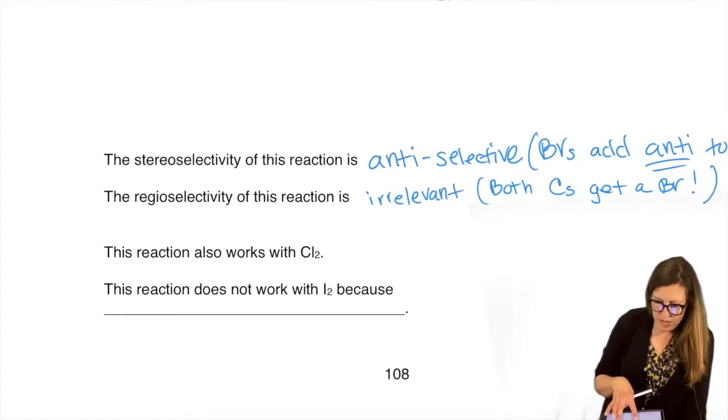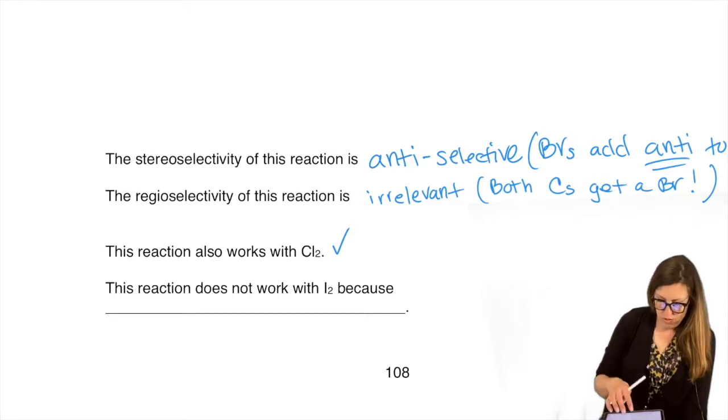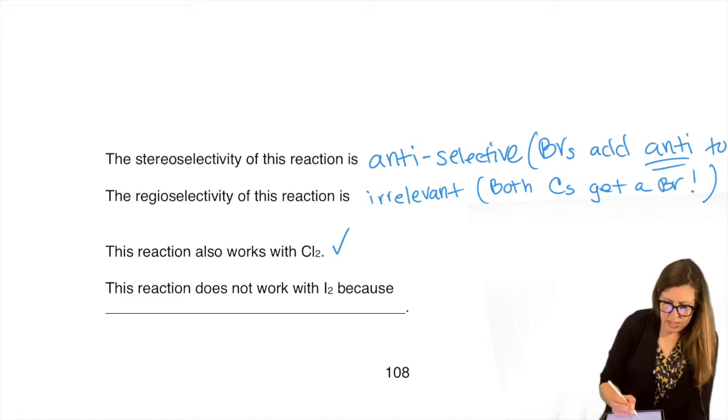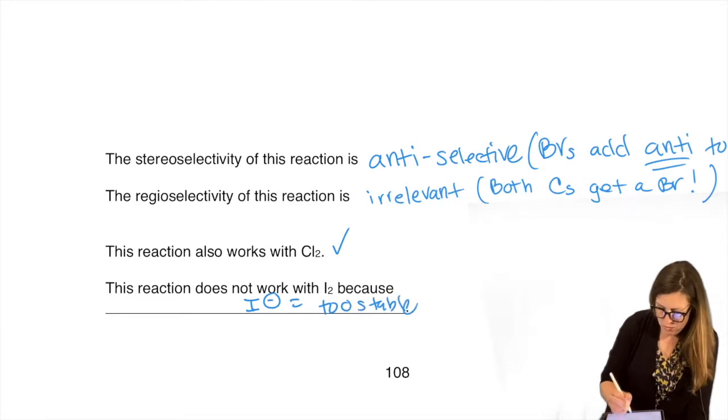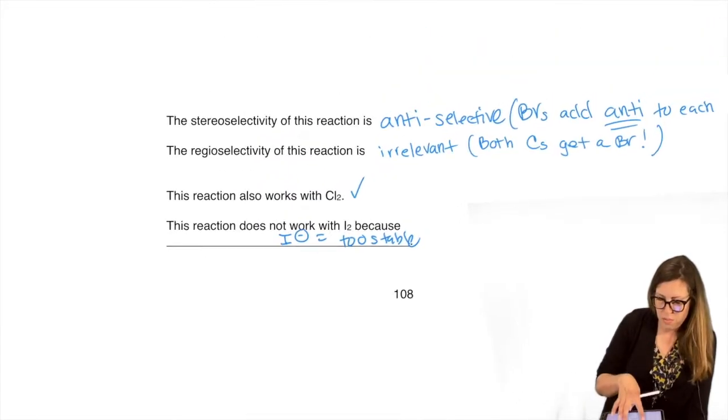So like I said above there, we will see this with Cl2, but not I2 or F2, okay? I2 mostly because we're going to form the I minus, and that's too stable to keep reacting. And I have that reason for F2 down here. F minus is too unstable. So the happy sweet spot is with bromine and chlorine.